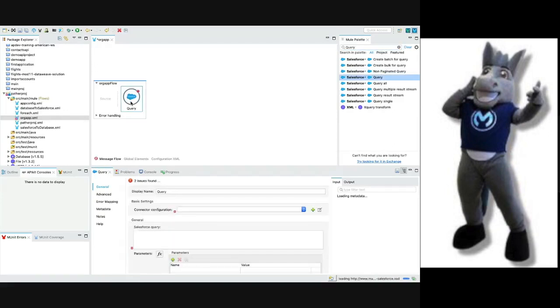Whatever configuration you have created in some other XML files, all those configurations will be available here for you. If you click on this drop down, you will see that I have two configurations with different names. So I have two Salesforce accounts. I can select any one of them, and then I can put the query. The query we already selected here. So we can say select ID, name